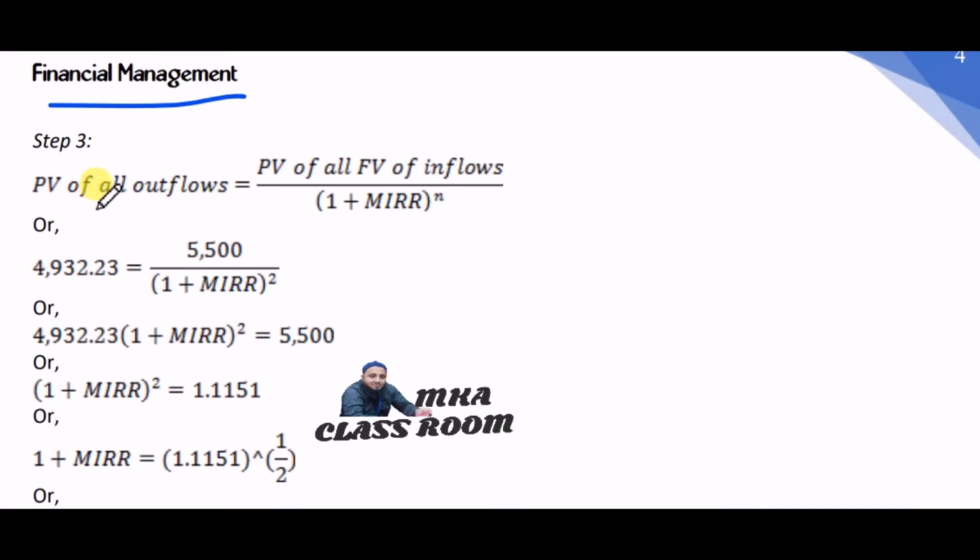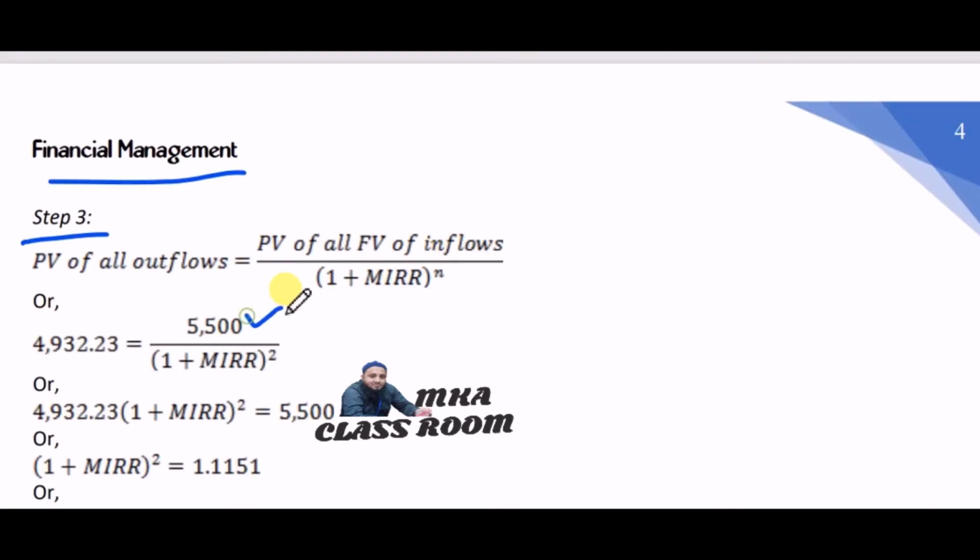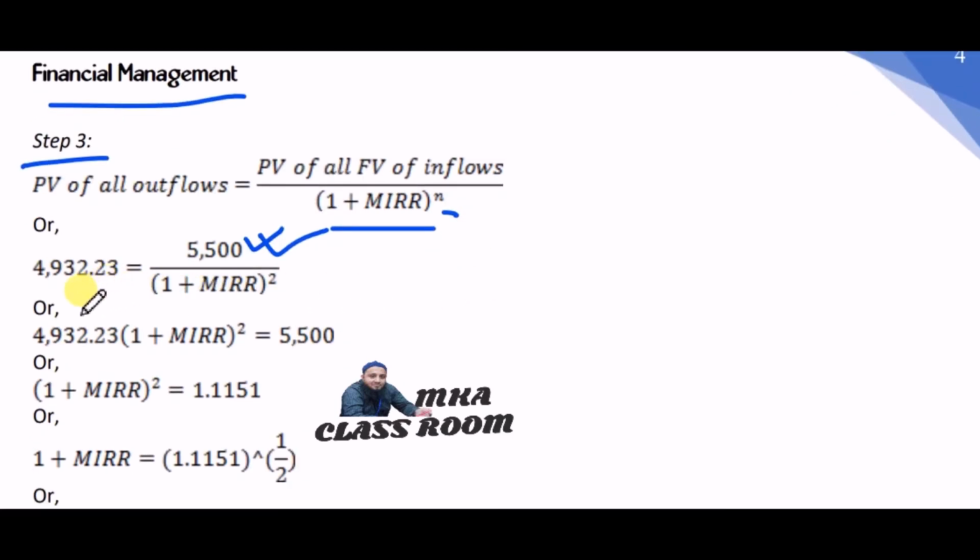And now step 3, we are using the formula: PV of all cash outflows, that is 4932.23, equal to the present value of the future value of inflows. That is, we have calculated 5500, that is our value, divided by 1 plus IRR power n. So n should be 2. Then if we cross multiply,